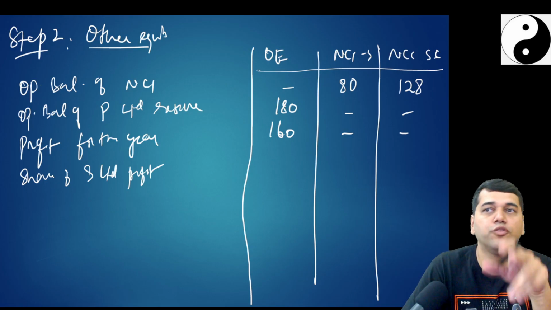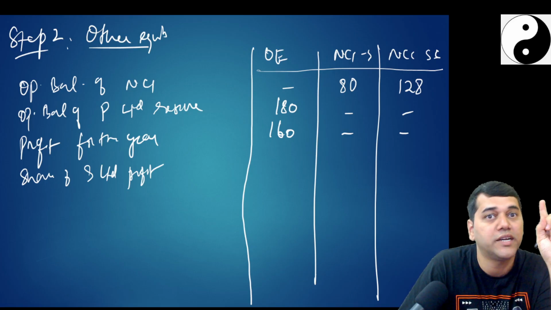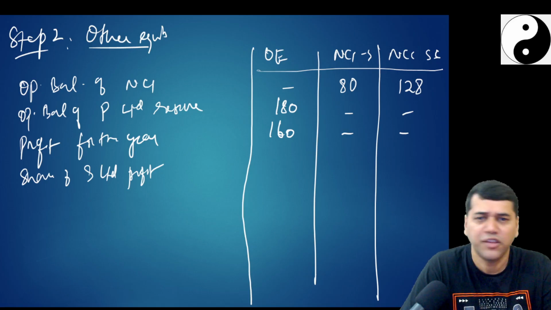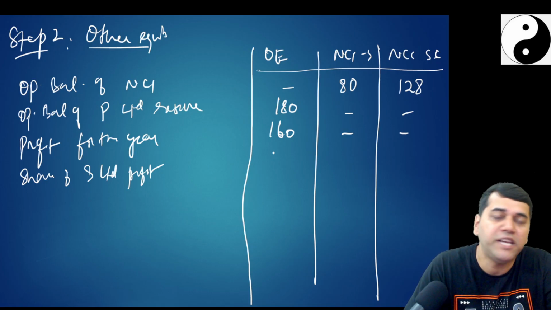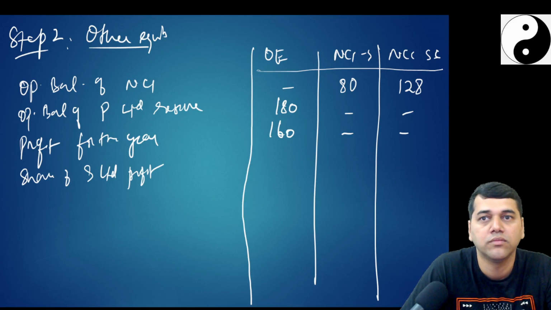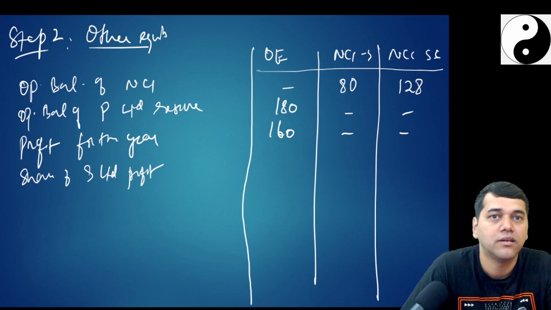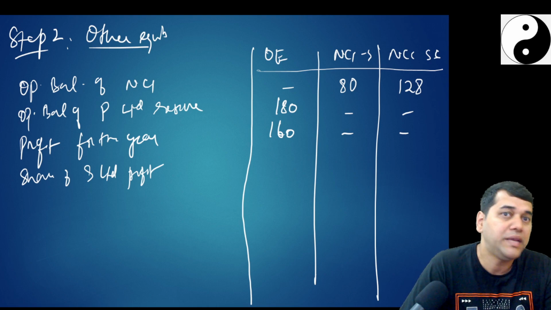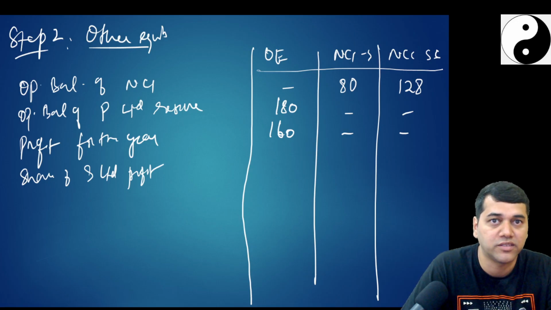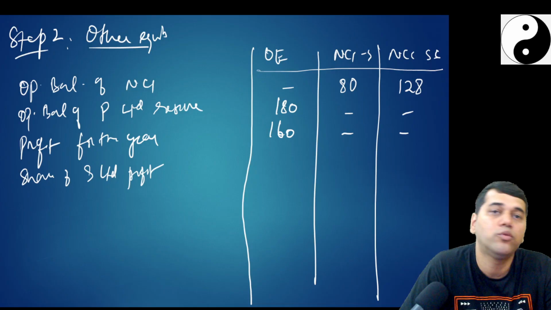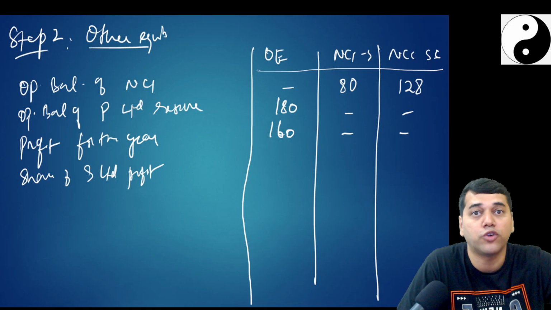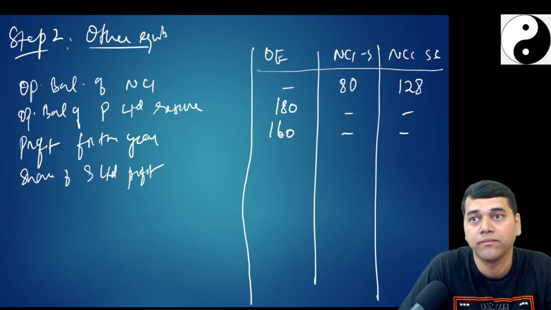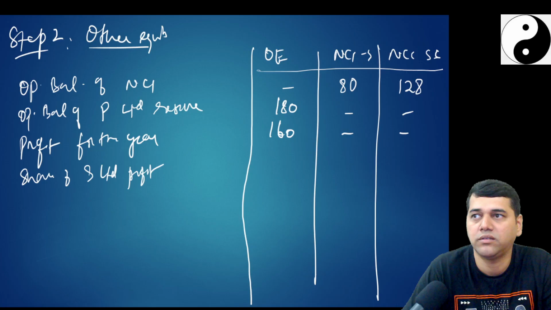If you see the question, only for S Limited and SS Limited they give the opening balance. Did they give for P? Then you assume. If you don't want profit for the year, you assume 180 plus 160 is my opening reserve. Who stops you? Question is silent. Since the P Limited closing balance sheet is showing other equity of 180 plus 160, you can show it the way you want. Otherwise, they should have given you at the bottom that along with S and SS, this was the opening balance of reserve of P also. So I am not very particular about it.